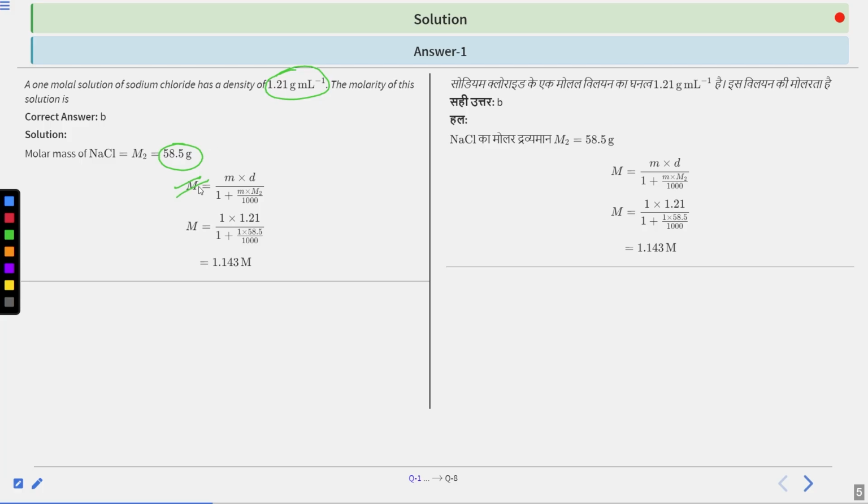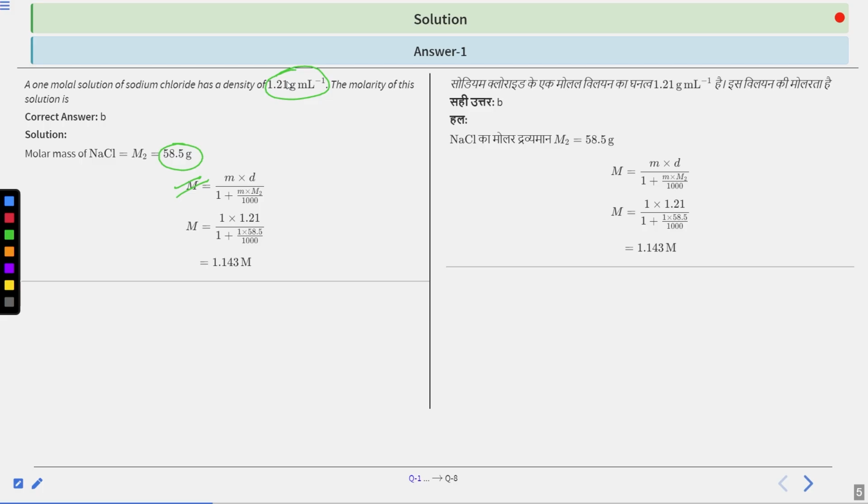First, you can use this formula directly if you are good enough to remember it. If you are not, just remember the concept that 1 molal solution means 1 mole of NaCl is there in 1 kg of water. Therefore the total mass of the solution containing 1 mole of NaCl is nothing but the mass of water plus the mass of 1 mole of that substance, that is 58.5 and 1000 grams. Clear? Now use that mass to find the volume using the density, and at last just keep the number of moles on the top and divide it by the volume to get the molarity of the solution.